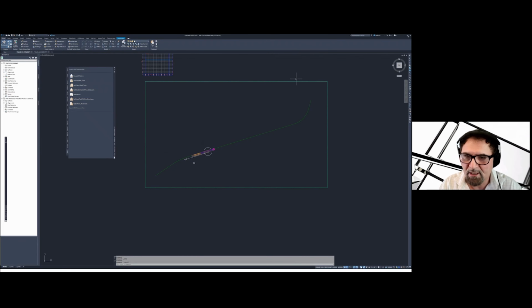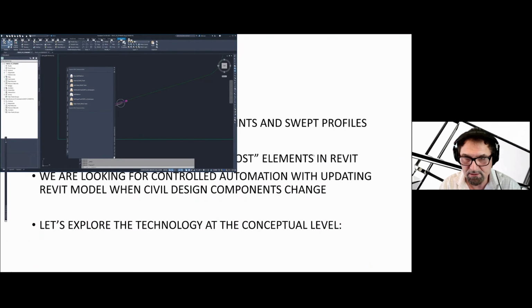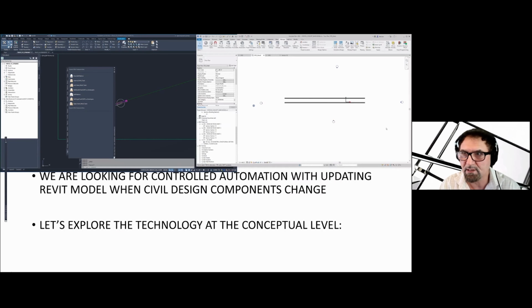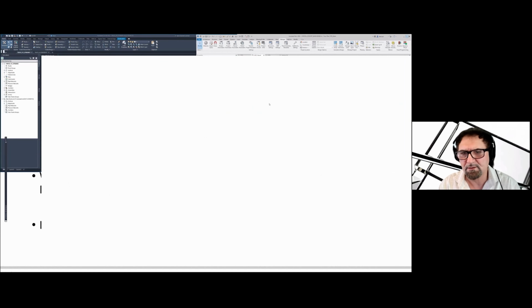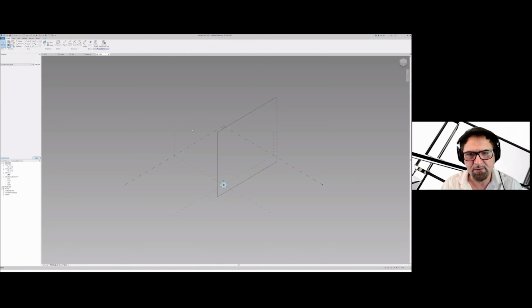I'm going to go to Revit now just for a moment. I'm going to change this and resize my Revit screen. I'm going to take a look at a couple of custom families. So first of all, I'm starting with a family that holds data for the profile, in this case, the station box that will be swept along a reference object.